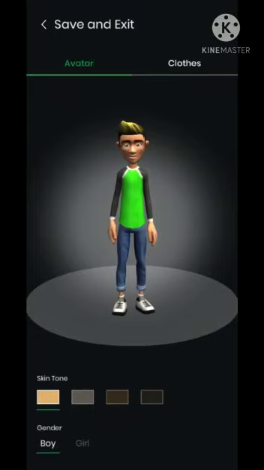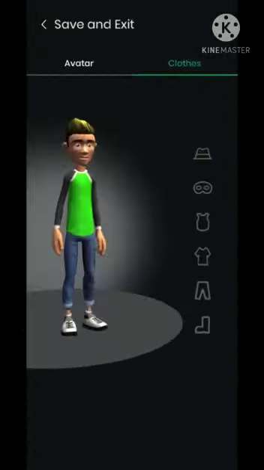Here you have to select whether you are female or male. And also you are allowed to change your stature. I mean your hairstyle, your dressing code, and your slippers and shoes you can change. Your skin color also you can change. You can set up your character. Is that clear?